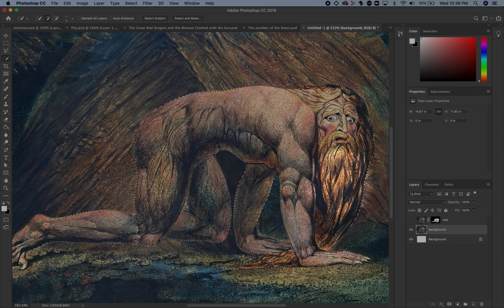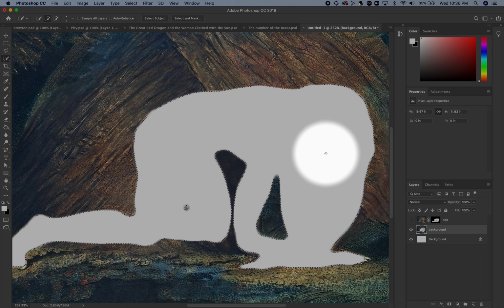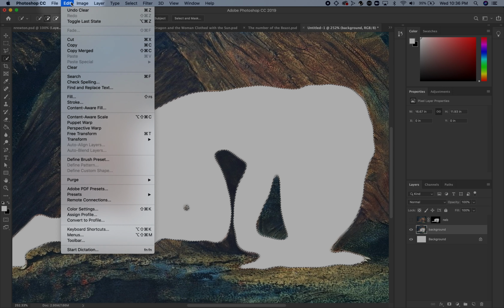And what I want to do now is I want to get rid of good old Nebuchadnezzar. So now that he's selected, all I'm going to do is press delete. And he's gone. Okay, now this is actually a pretty cool trick. Now that he is deleted, I want to fill it with a content-aware fill. And that is located under